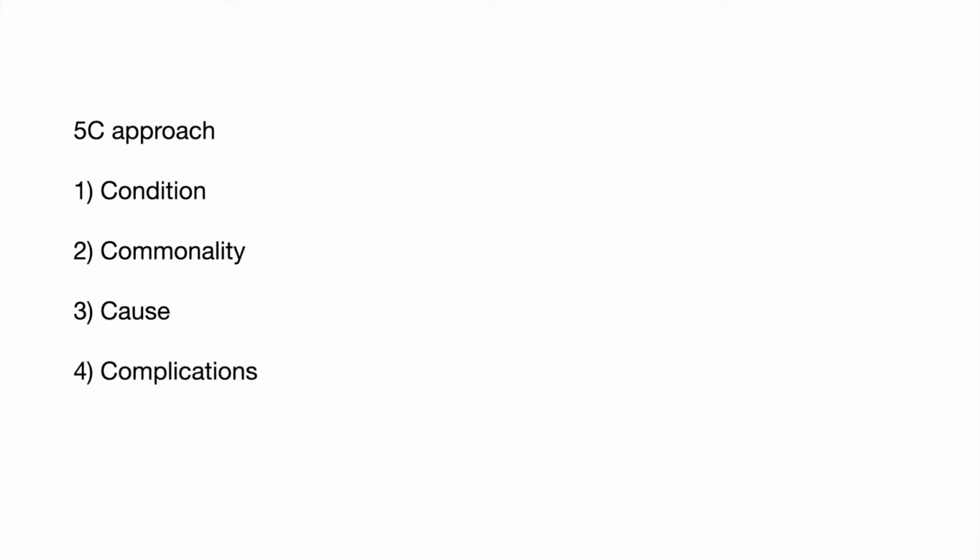And then talking about the complications. In ulcerative colitis, you can tell them that, in addition to the bowel being affected, it can also affect other organs like the skin, joints, and eyes. In severe cases, it can cause rupture of the bowel. It can cause problems with the bile ducts and affect the liver. It can also cause a condition called toxic megacolon, where a part of the bowel gets dilated and is prone to rupture.